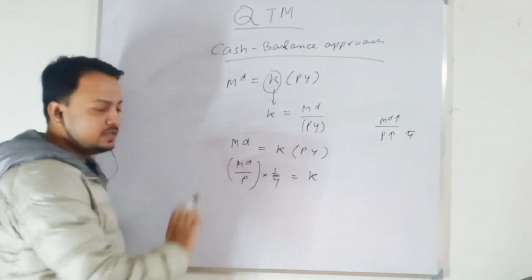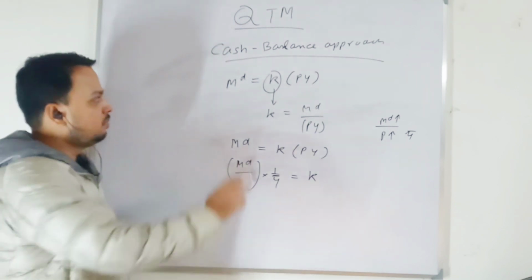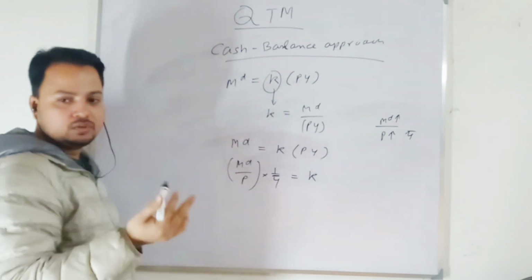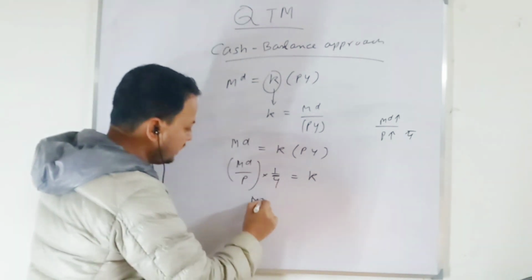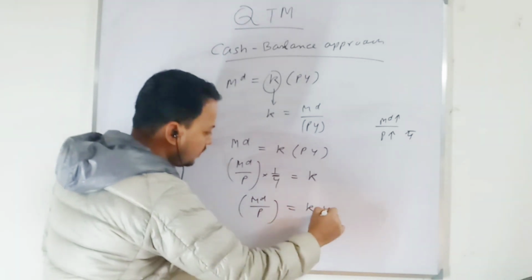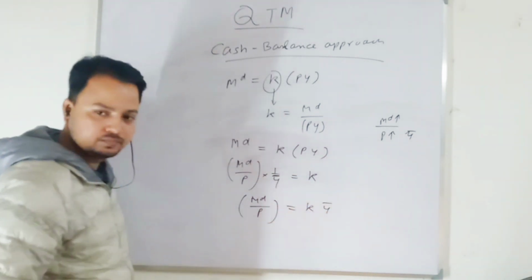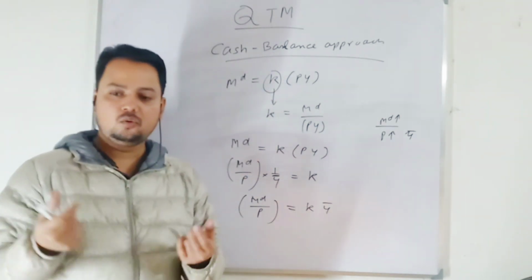Given the output level, this real demand for money is constant. Agree? Okay. Money demand is some proportion of your nominal value of output. So let me write this again in this form. Let me keep this here and this here. This term is given. Once the proportion is determined, I look at the data.